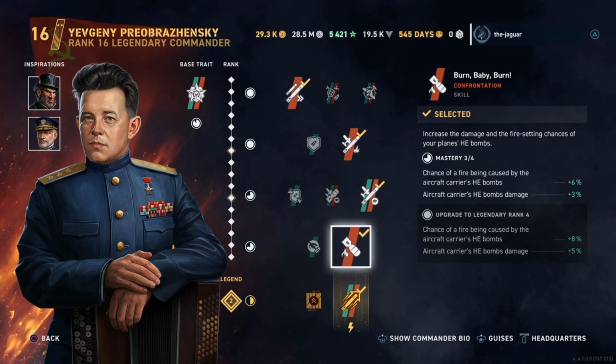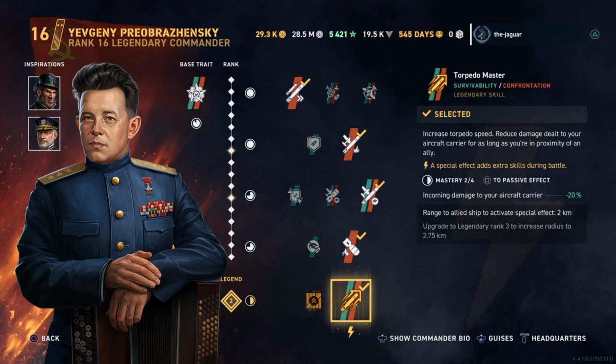And then for the fourth skill, I've helped out the bombers a little bit, the HE bombers. Burn, Baby, Burn increases the damage and fire setting chances of your planes' HE bombs. And then for the legendary skill, I have them ranked up to legendary rank 2. Torpedo Master is what I've selected, so we're really helping out the torpedoes yet again, and this will increase the